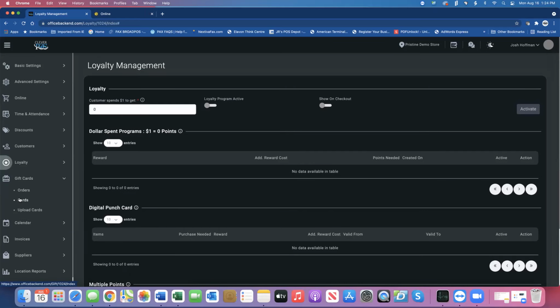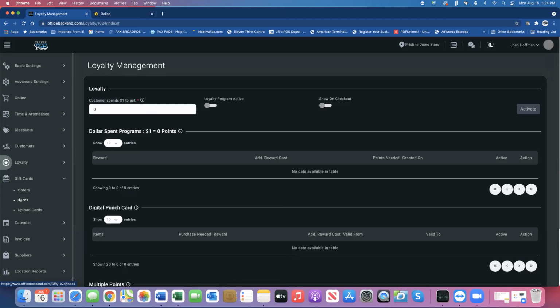How many POS systems out there charge you additional money each month for the gift card module, whether it's an upfront cost or an additional monthly cost? With our system, the Clever POS system, it does not. It's all in. What you pay is one monthly service fee, and you get absolutely everything that we've covered here